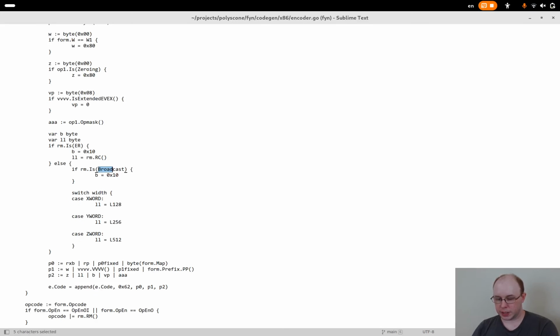So here I'm seeing whether RM is embedded rounding. And if it is, then I set the evex.b bit and I use the RM's RC bits as rounding control to select the rounding mode. And actually, I don't think I mentioned this when I implemented embedded rounding, but I'm using RM here as the